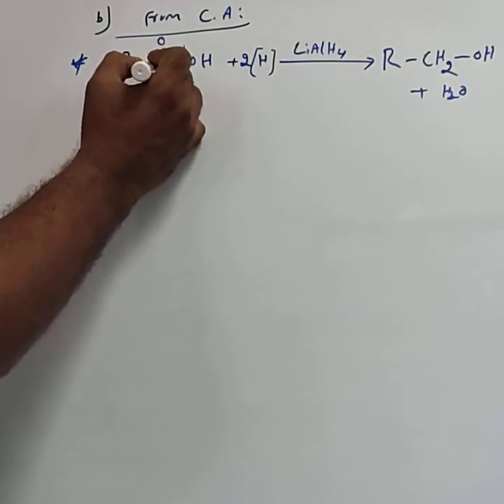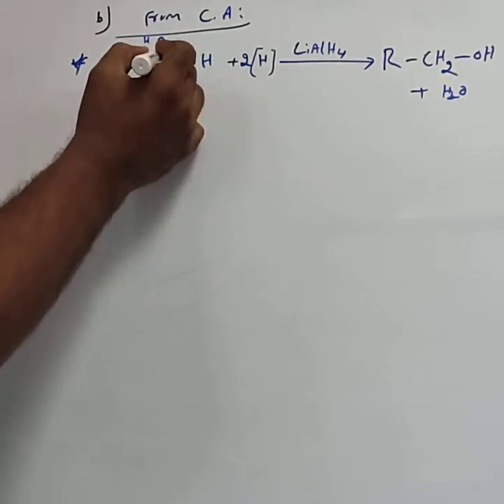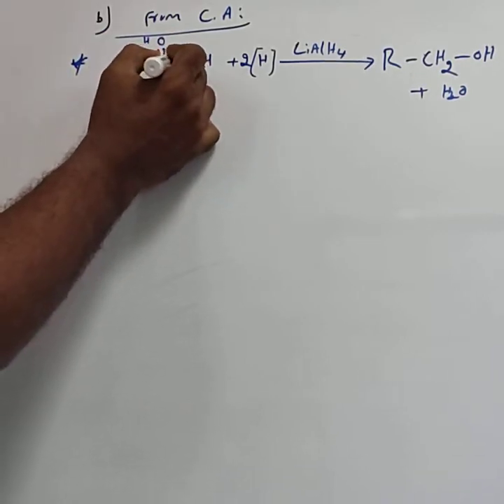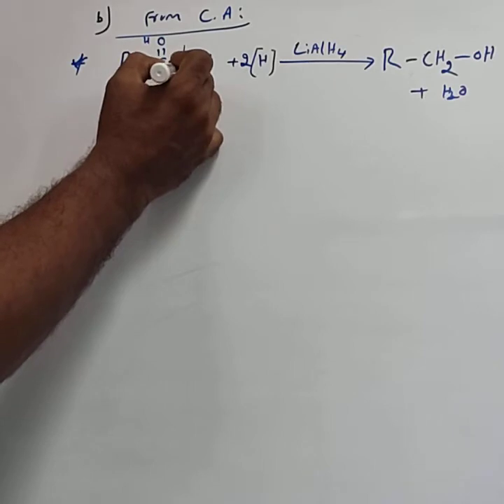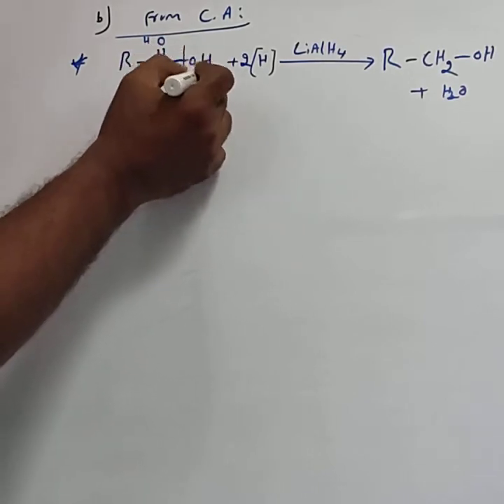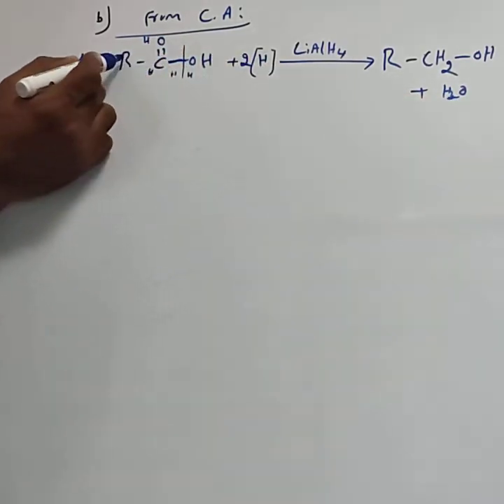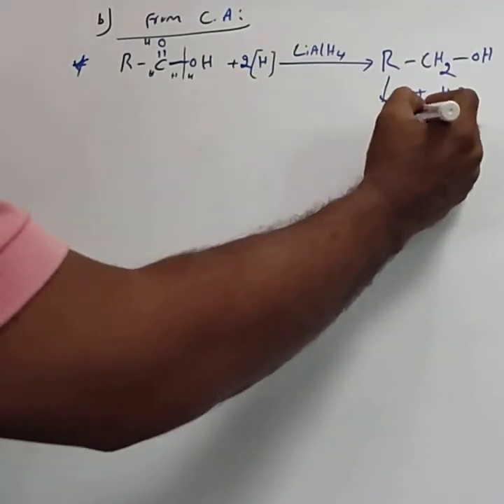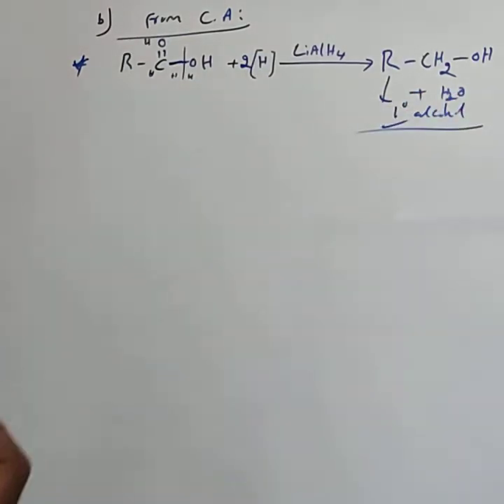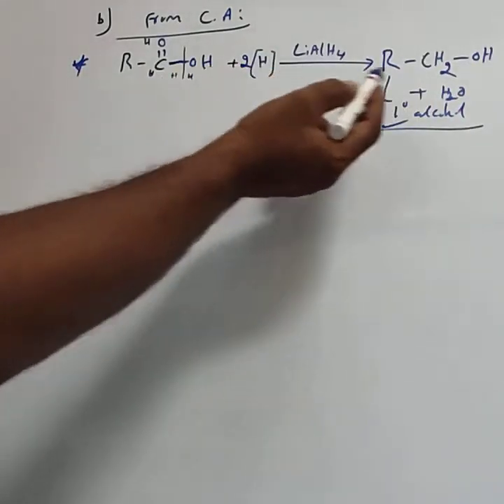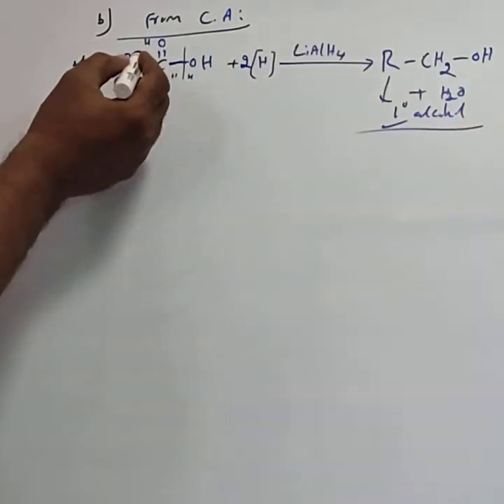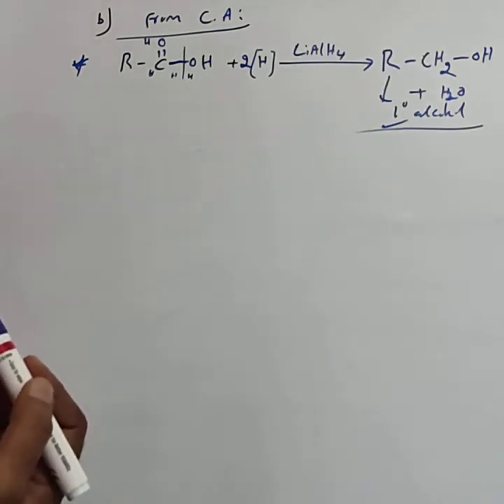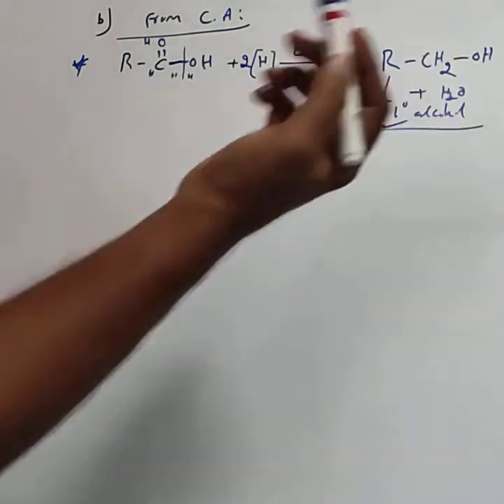Here one hydrogen, this one hydrogen. This O converted into OH. Then here bond cleavage takes place. Again this hydrogen, this part removed as water. Then this converted into RCH2OH. RCH2OH means a primary alcohol. Actually, they do not mention this byproduct. They just consider RCOOH, with LiAlH4, converted into RCH2OH. No need of writing this water molecule.